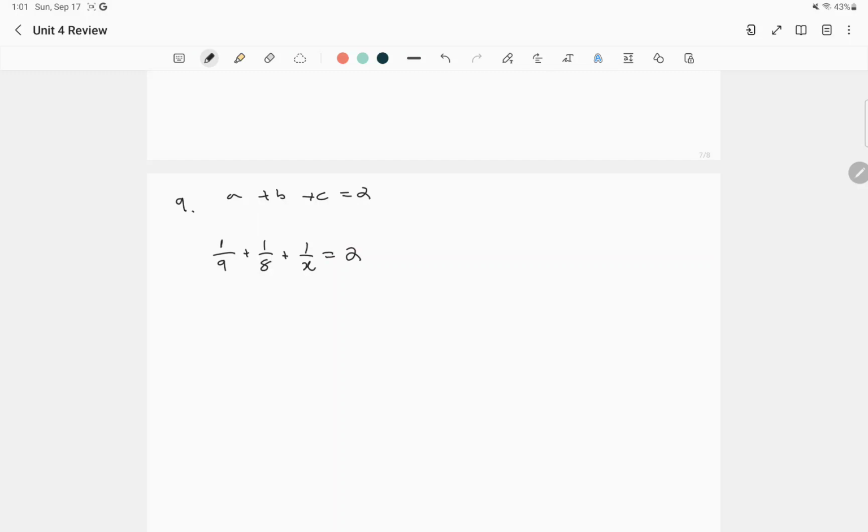But we know that all of these equal 1 hour. Because in 1 hour she does 1/9, he does 1/8, and she does 1/x of the room. So if we find this alone, if we multiply everything by 72x, because that is going to be our least common denominator. Multiply everything by x and 72. So we have 8 plus 9x plus 72 equals 1. This is going to give us